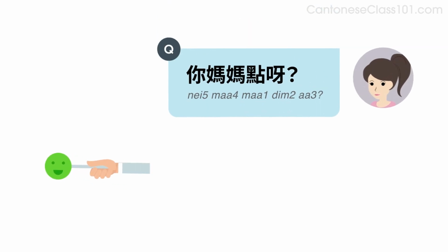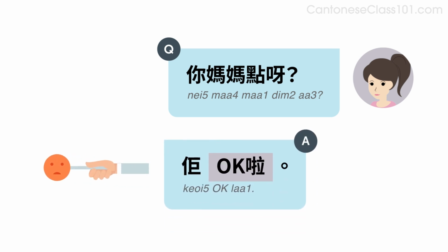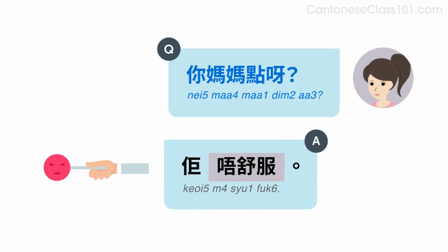Let's look at some examples. Listen and repeat or speak along with the native speakers. 你媽媽點啊?佢非常好。你媽媽點啊?佢 OK 啦。你媽媽點啊?佢唔舒服。